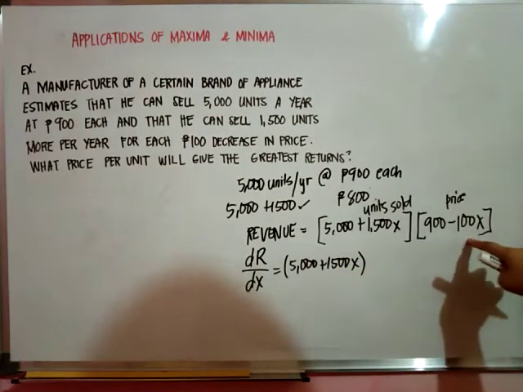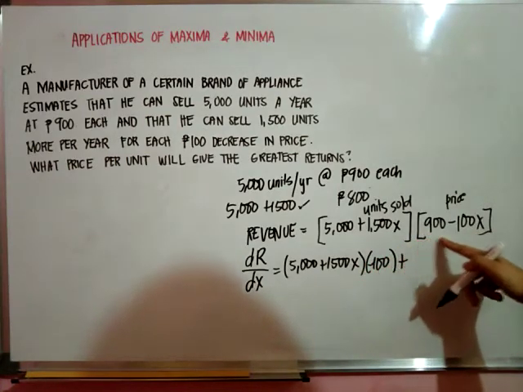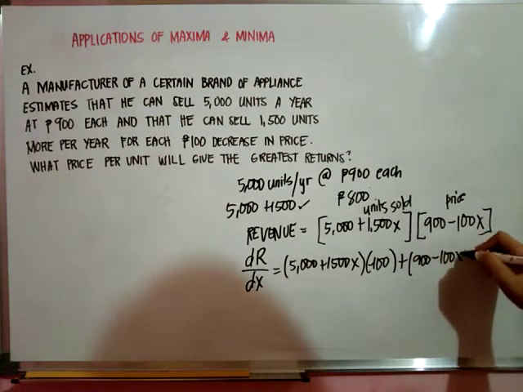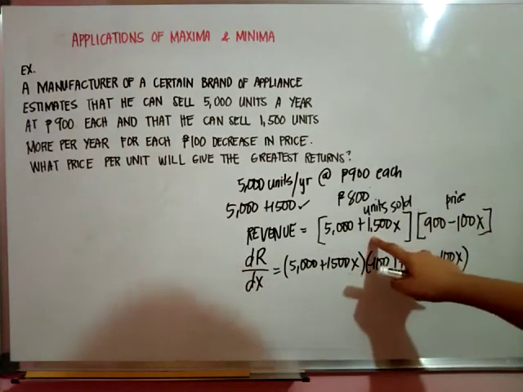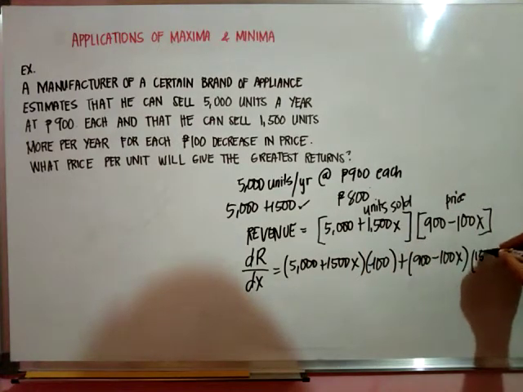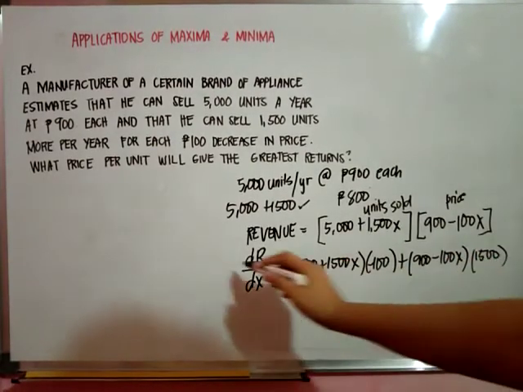So we have negative 100 plus, let us copy this one, 900 minus 100x. So differentiate this term. So we have 1,500. And then after getting the first derivative, we will equate it to 0. So setting this equal to 0,